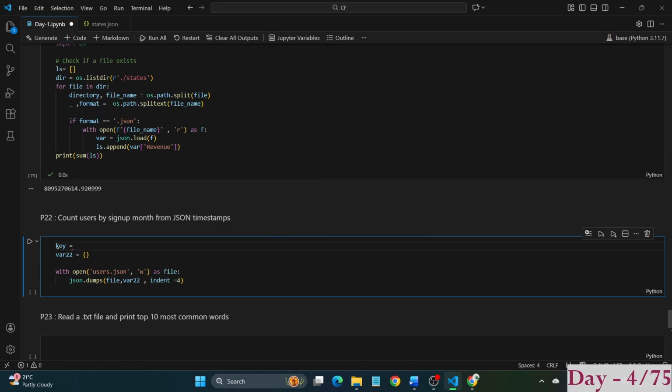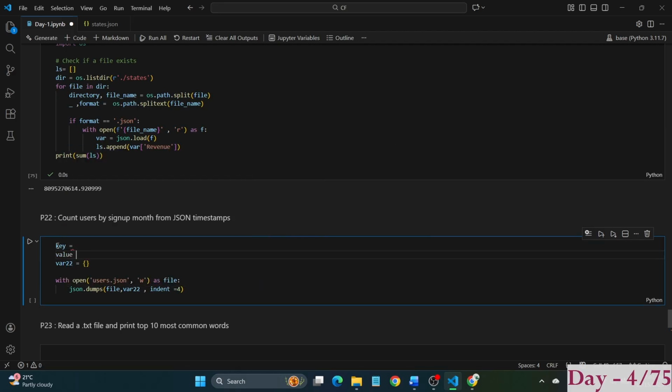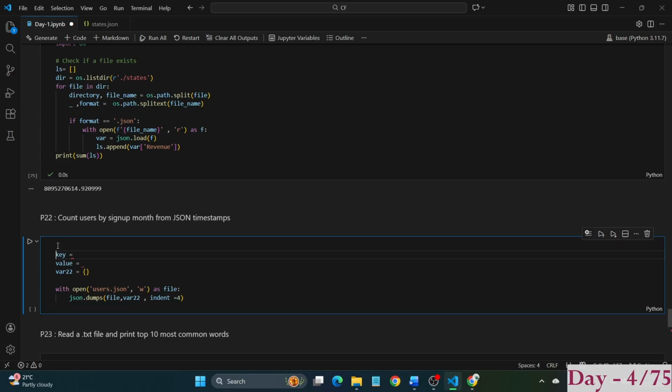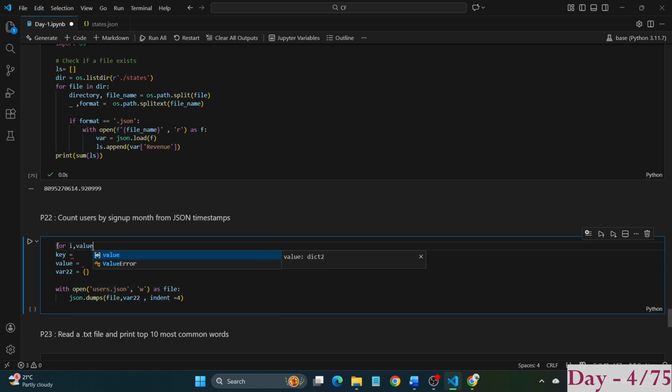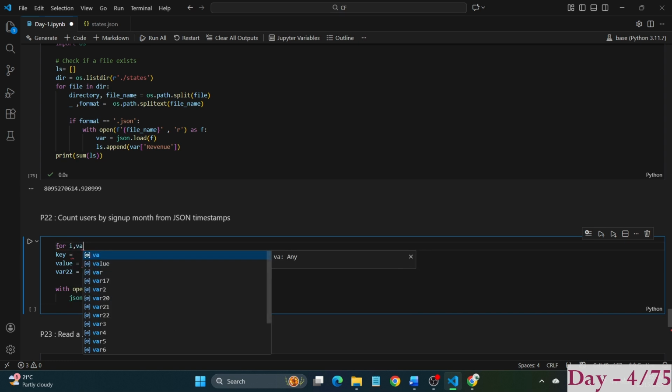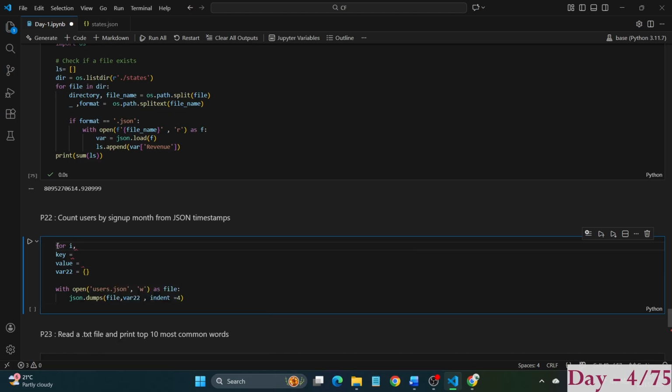Again, rather than going for key and value separately, I'll use the same formula as we did for the previous question. For i, value. So since this should be a time form,